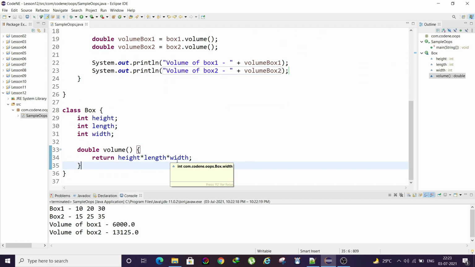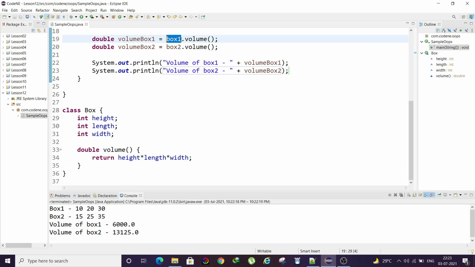The code of the method is common, but when we invoke it using a specific object, the method will only use the variables assigned to that object.